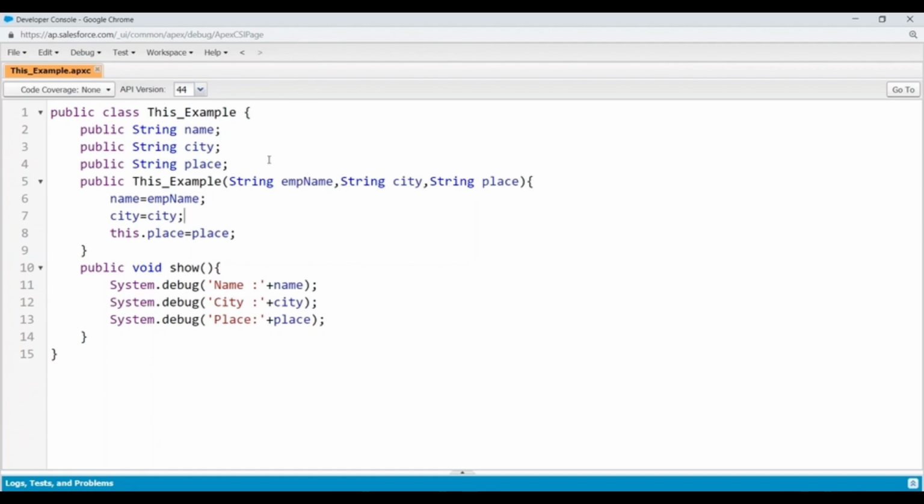When there is a naming conflict, when a local variable and a class variable both have the same name, then there is a conflict. When there is a conflict,